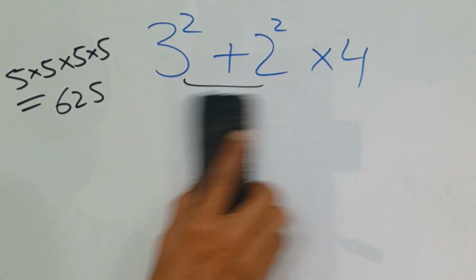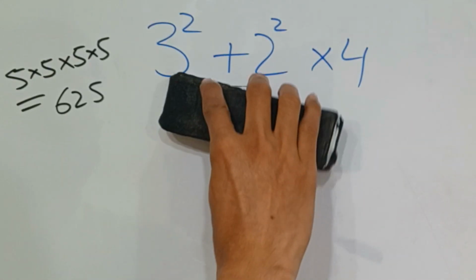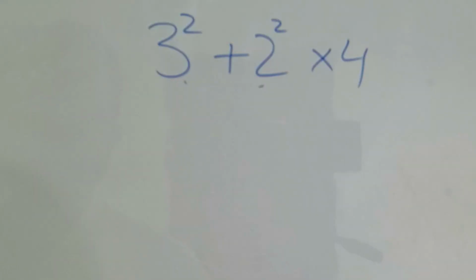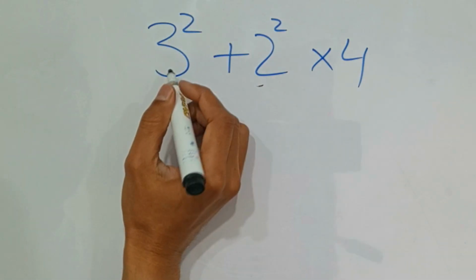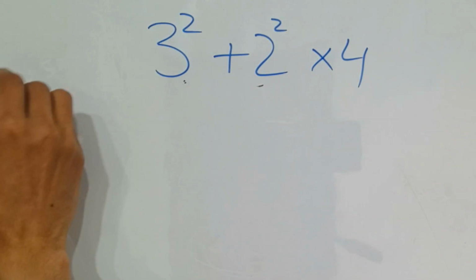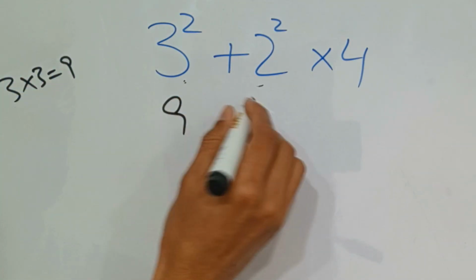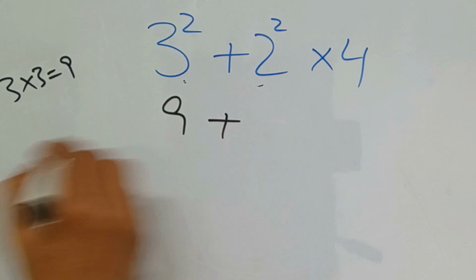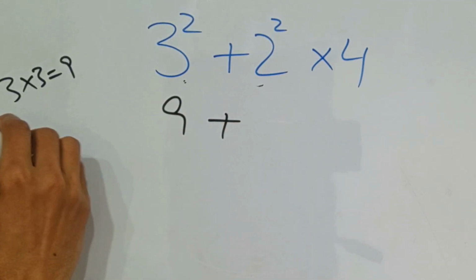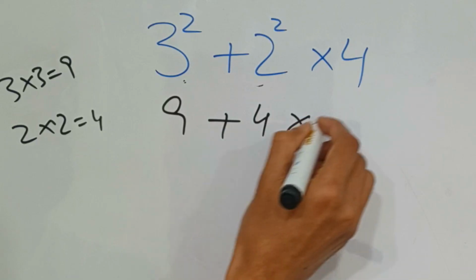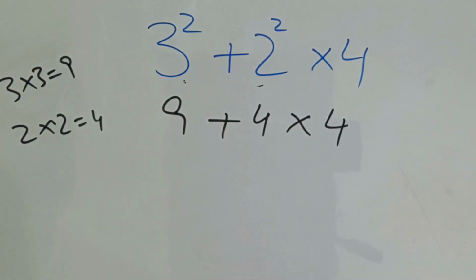Now let's solve it correctly. Okay. 3 squared equals 3 times 3, right? 9. So 9 plus 2 squared means 2 times 2 equals 4. 4 times 4. Now